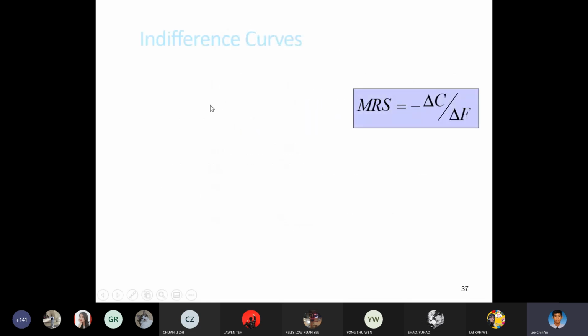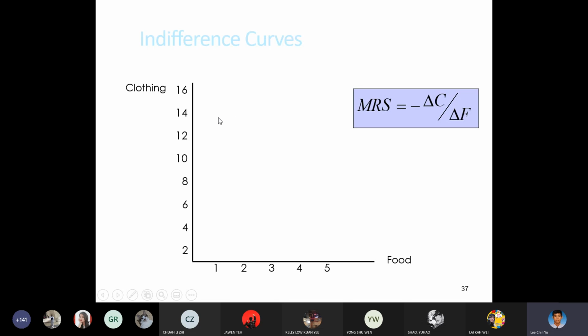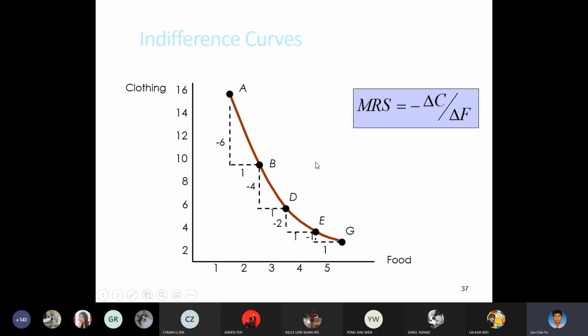So it should be downward sloping, because it measures the slope. That's why we have a negative sign over here, because your indifference curve is downward sloping. That's why you have a negative sign. Meaning that if you increase the food, the clothing must be reduced. No problem. So marginal rate